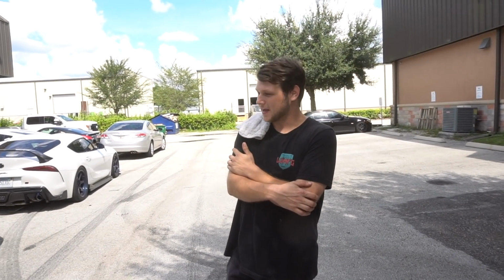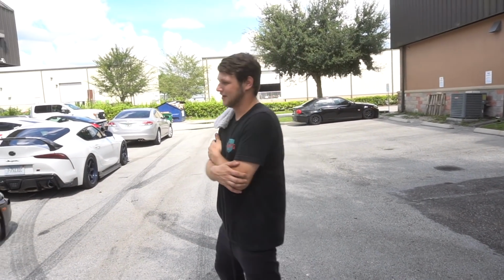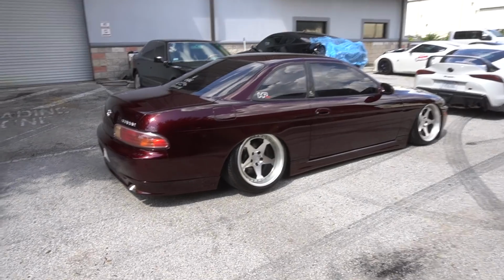So this color is real candy and pearly, and a lot more swirls than I thought, but it's a lot better. Thanks to me, right? But here is the result. This thing pops so crazy now. Shiny. And yeah,